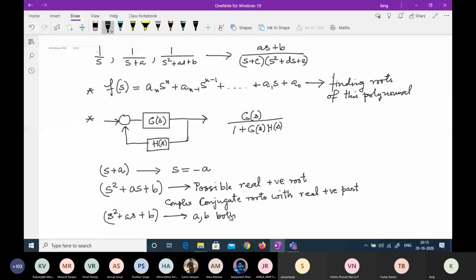In that case you are going to land up for sure with complex conjugate roots, and they will have